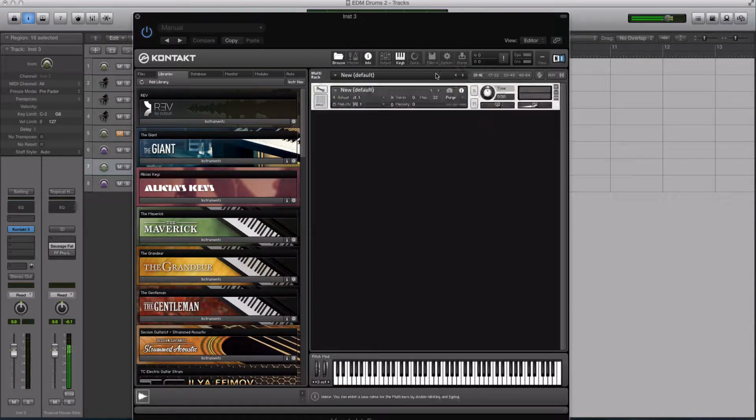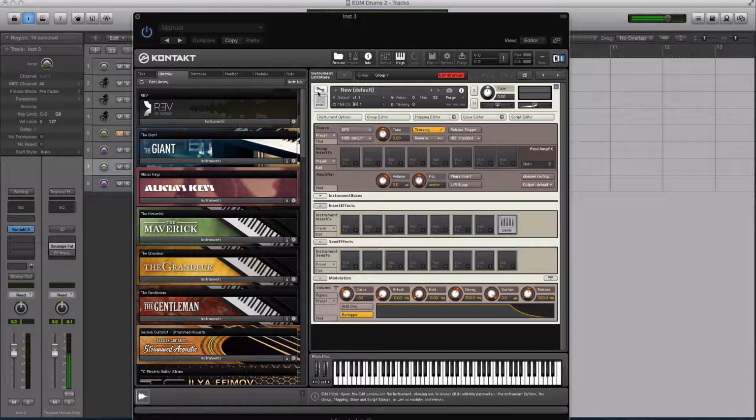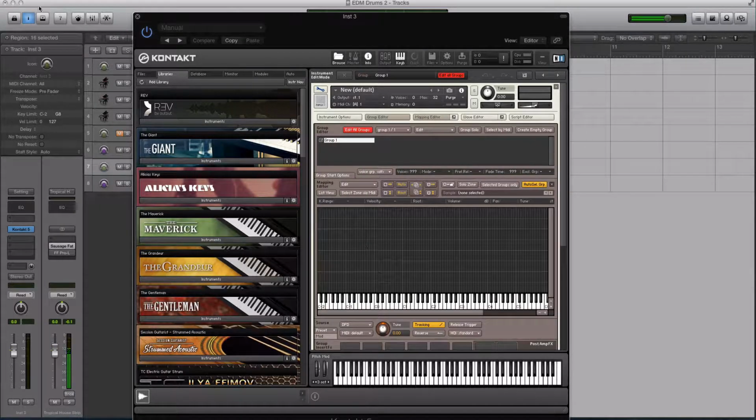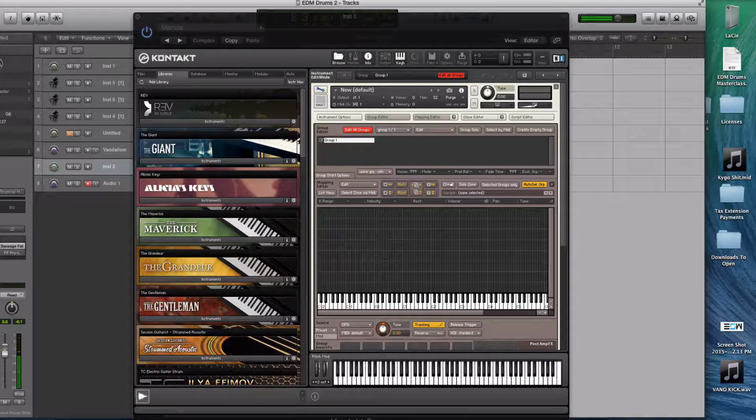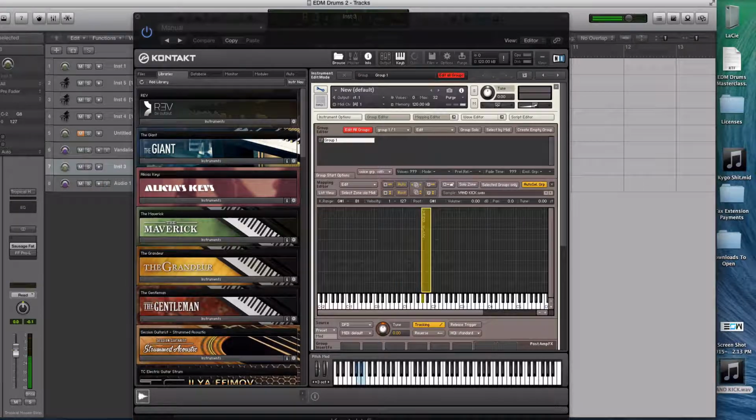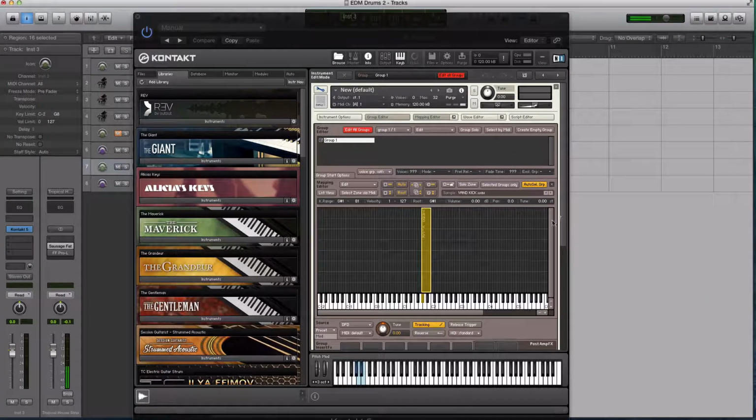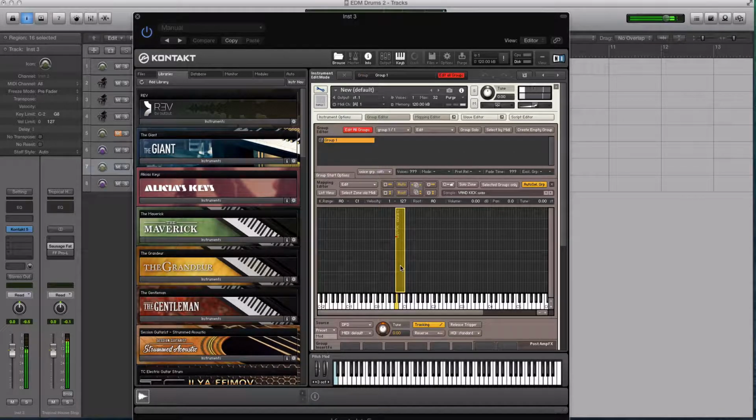I'll go File, New Instrument. Click on this little, what tool is that? A wrench. I'm a musician, I don't need to know tools. All right, so we'll go to the mapping editor, and then I can just drag in that sample here. So we can just pop it into Kontakt, and I thought it was an A, so right now it's on an A, and then if I just move this value up, to hear the pitch